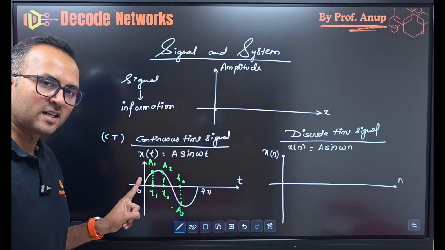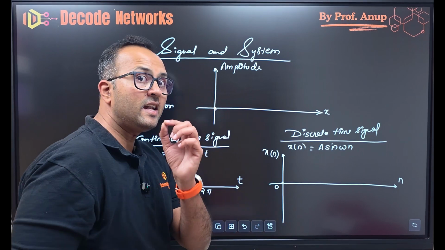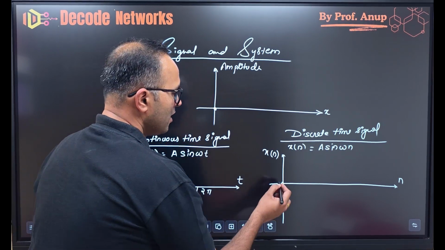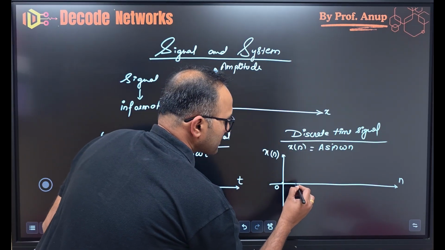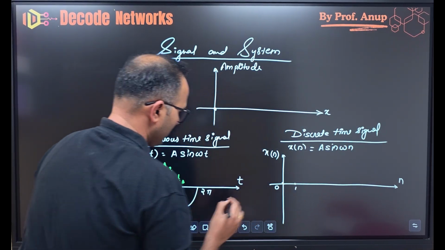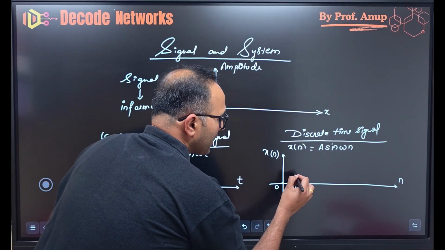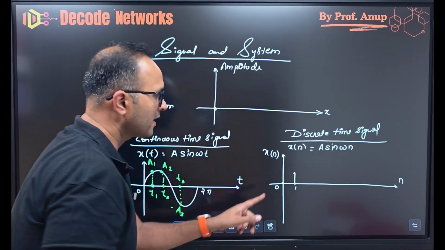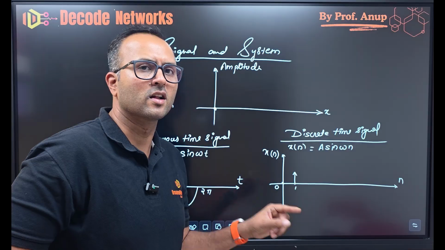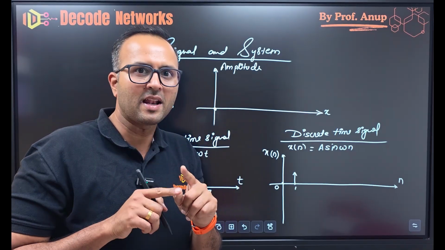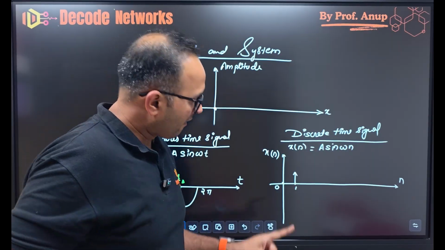Now I'm making a discrete version of this. As I told you, I will be recording only at integer times. So what is the amplitude at 0? The amplitude is 0. The next I will be recording at 1. Let's say the amplitude is A1. So I am making a sample. This is a sample. This is a way to represent your discrete signal. You make samples, which are simple lines denoting the amplitude by either an arrow or a dot. I have made an arrow.